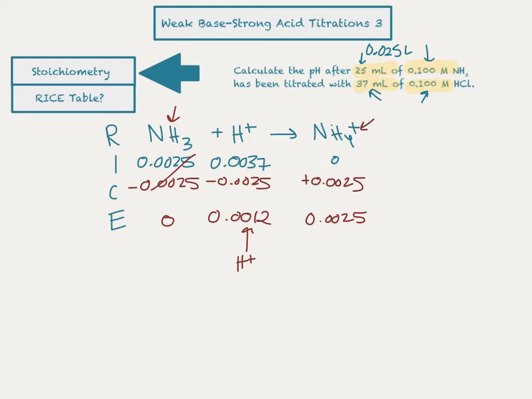Okay, now before I can take these things and put them into a RICE table, I generally will take these moles that we have in our RICE table and divide them by the total liters. Today we have 25 plus 37 milliliters, which gets us 62 milliliters total inside of our container. So I'm going to divide both of these numbers by 0.062 liters,